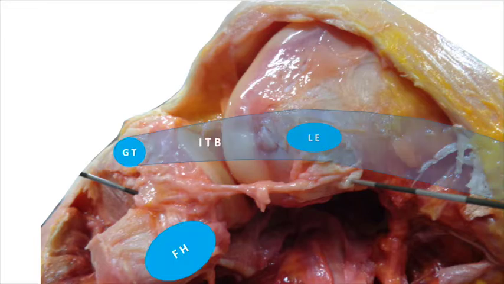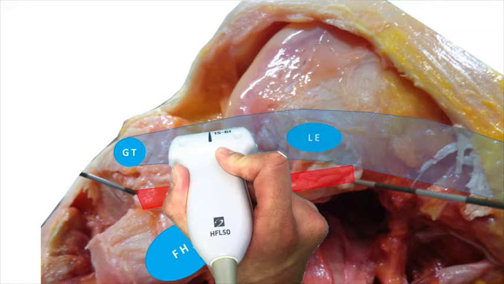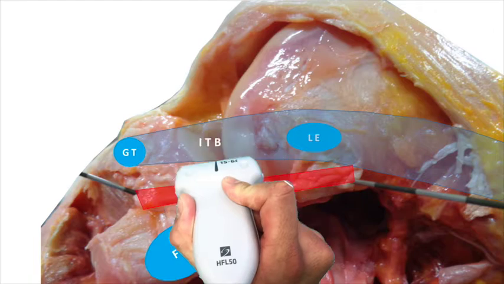Another important anatomical landmark is the iliotibial band. This structure terminates on Gerdy's tubercle, as you can see on this diagram. It goes in a different direction than the anterolateral ligament. When doing ultrasound imaging, we locate the iliotibial band where it's inserted on Gerdy's tubercle, and then translate the probe posteriorly to locate the tibial insertion of the anterolateral ligament.